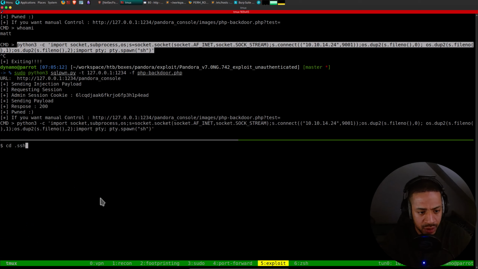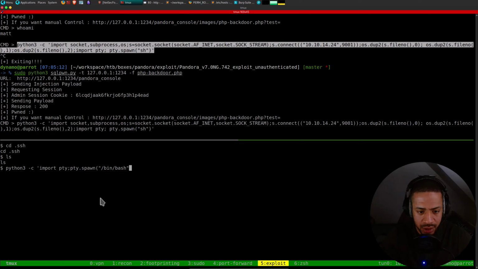And then we go into .ssh. Let me import pty, pty.spawn, /bin/bash. See why I need to practice typing again?